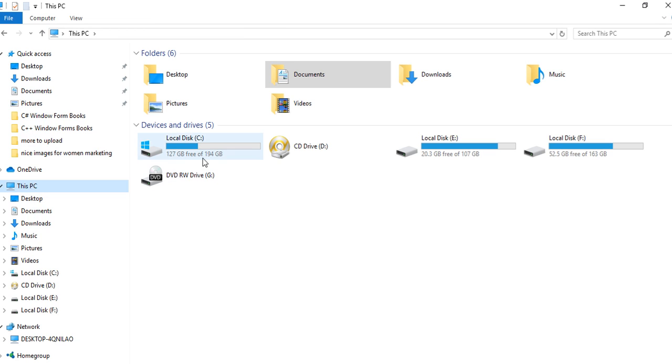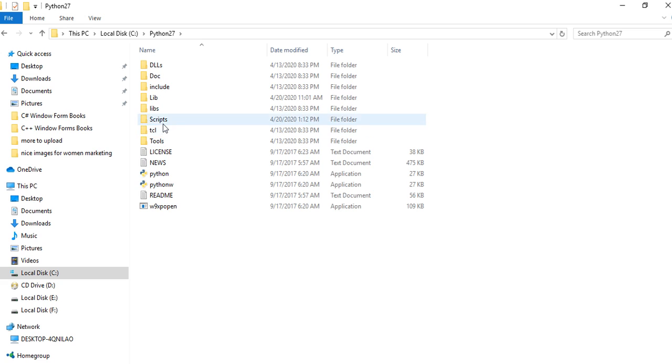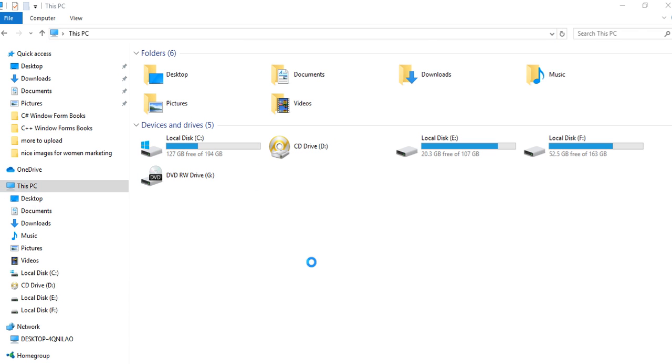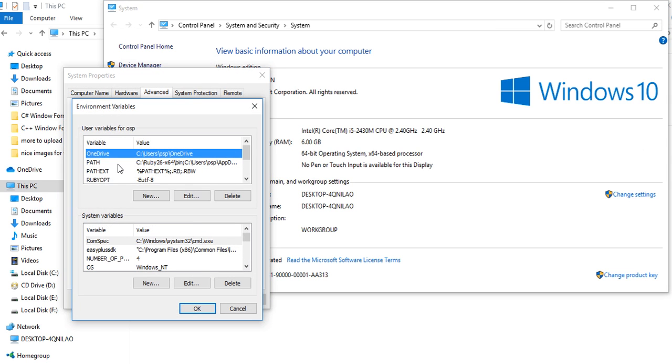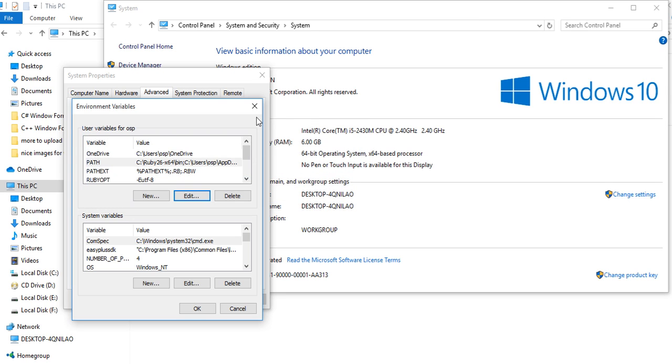After downloading Python, if you download Python 2.7, make sure you add it to the path. Go to C, then Python, then Scripts, and copy the Scripts path. Then go to your PC, right click, go to properties, advanced system settings, environment variables, click on Path, and add your path there. Mine is here, you can see mine, that's for Python 2.7. Then for those of you using Python 3,